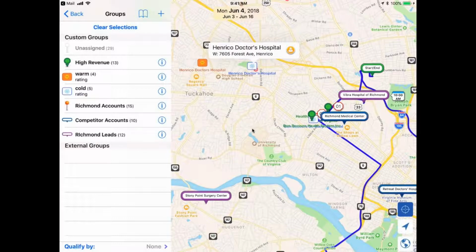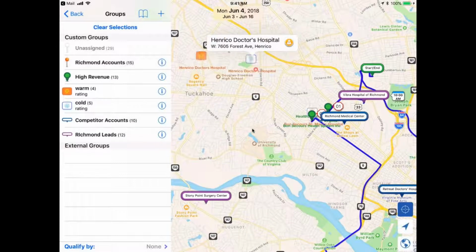As you can see, I just switched them and now my Doctor's Hospital is showing as the cold pin because I've placed it to be priority over the Richmond account pin. So just a little sidebar as we're on it, because I know we often have questions from users about that. So Calvin, I'll pass it back to you if there's another set of questions you'd like us to address.